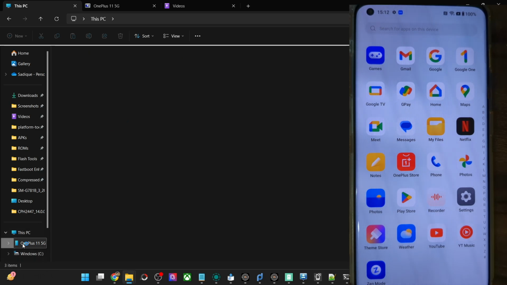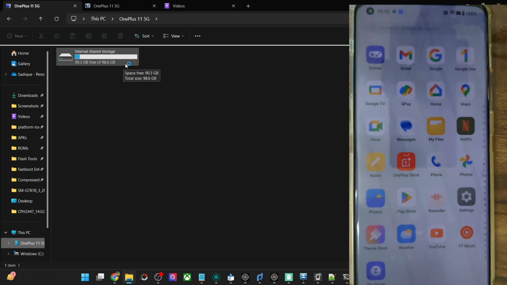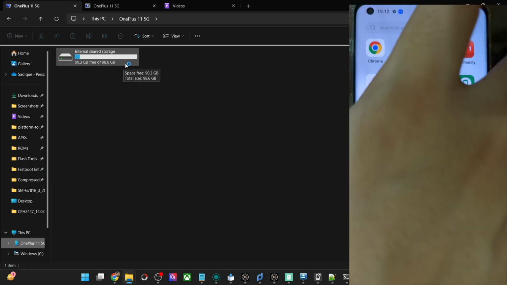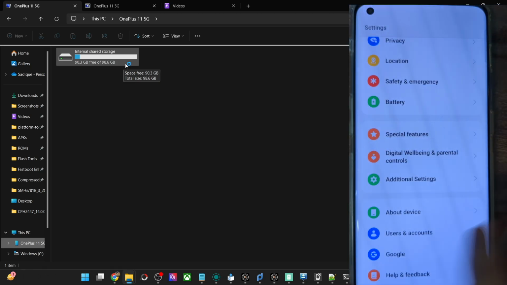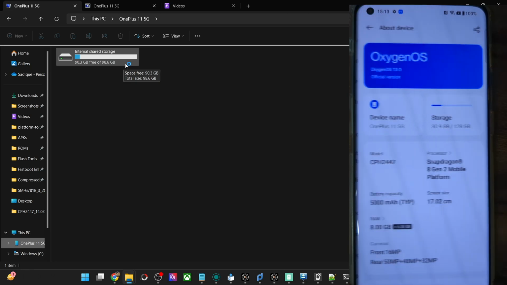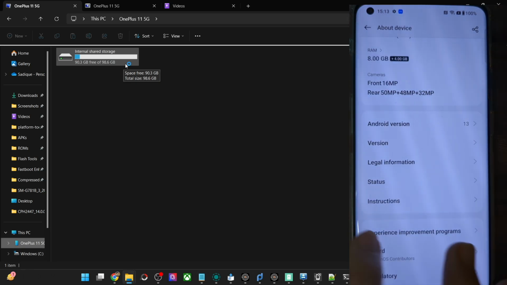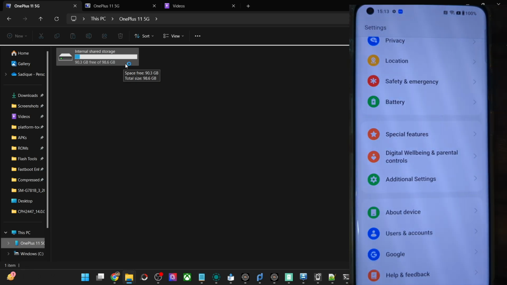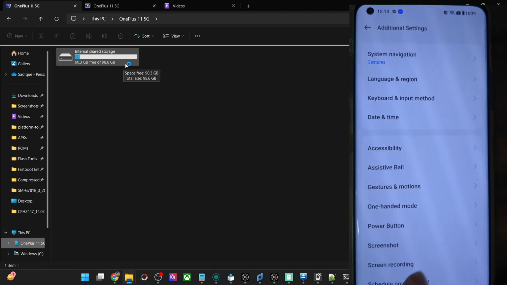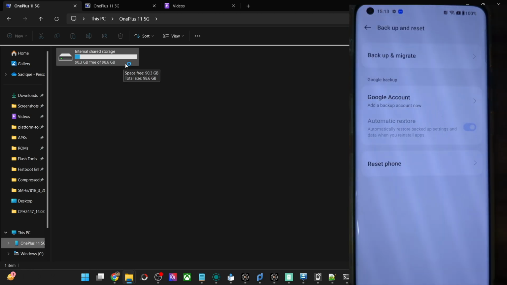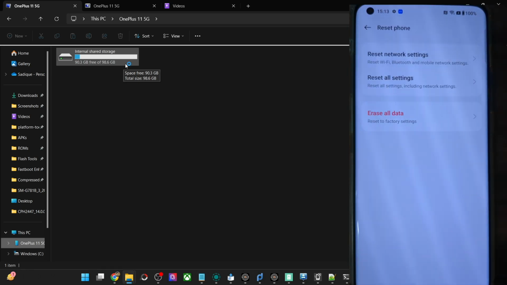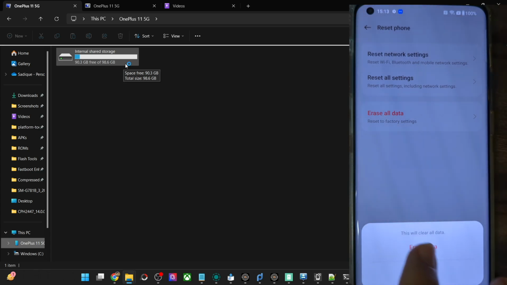So let me show you. As of now, I still have the 98 GB only, whereas I should have got back the 128 GB because I don't have the GSI ROM on my phone, but still I am not getting that size. So your only way out is going to the settings menu and doing a format data from there. But do note that doing a format data will wipe off all the data from your phone. So make sure you have taken a complete device backup beforehand. Once you have taken a backup, you may then simply do a format data and then your task stands complete.